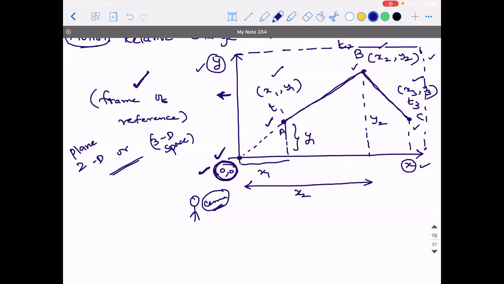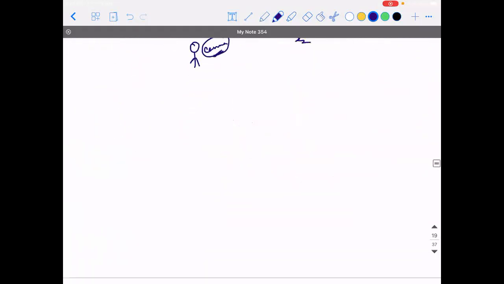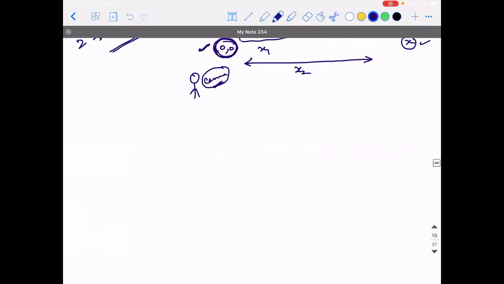See, for example, I'll give you another real-time example. Let's say you're sitting in a train. Or else let's take a flight. So when you're flying, let's say you're landing. When you're landing, you're going to be close to the buildings and all those things. So from the flight, let's say you're in the window seat. When you look out, what will you be able to see? You'll be able to see certain buildings, right?